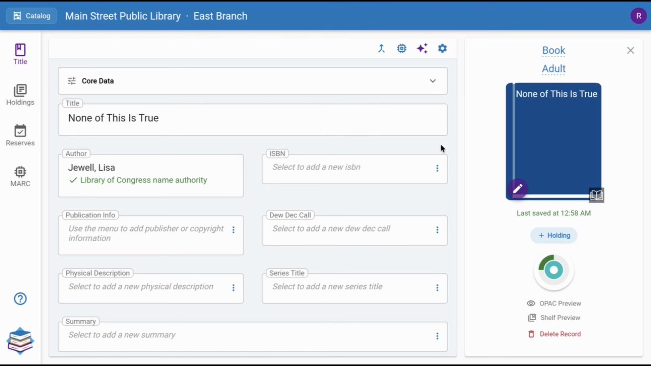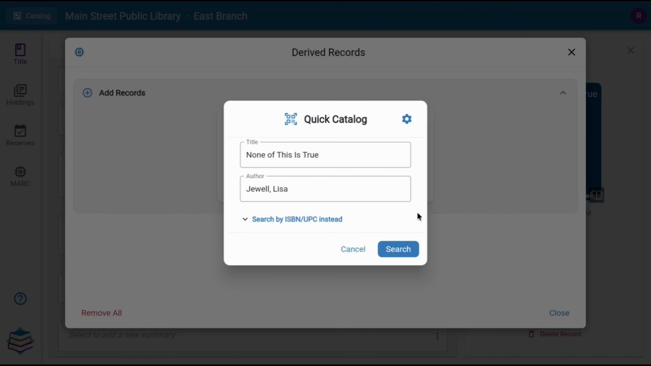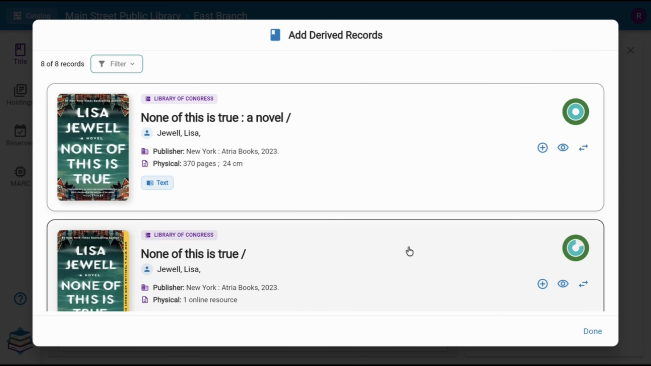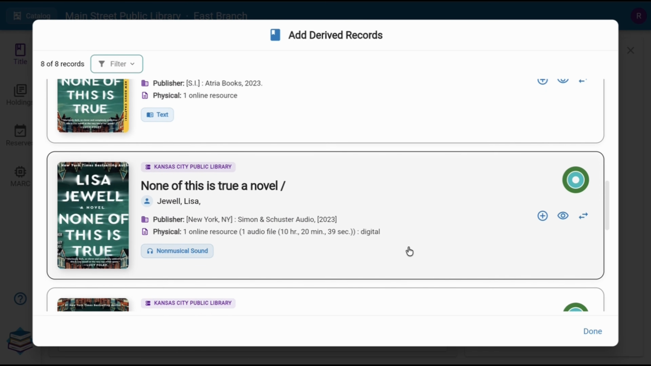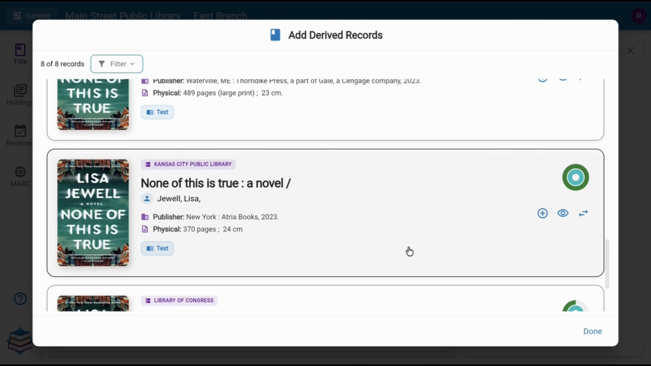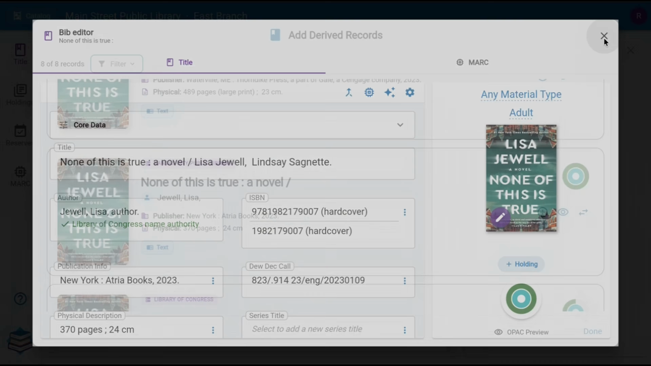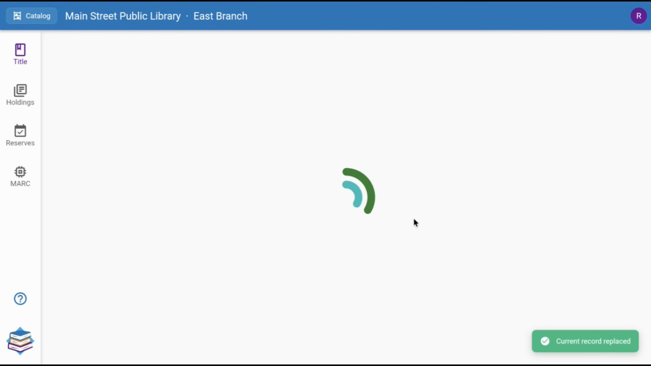Here I have a brief record. I click the Derive icon at the top and then Quick Cataloging. The title and author are already filled in, so I click Search. I look through the list to find the format and publisher that best matches my item. I'll preview this one to confirm it's what I want, and then click the arrows and Replace Record to override